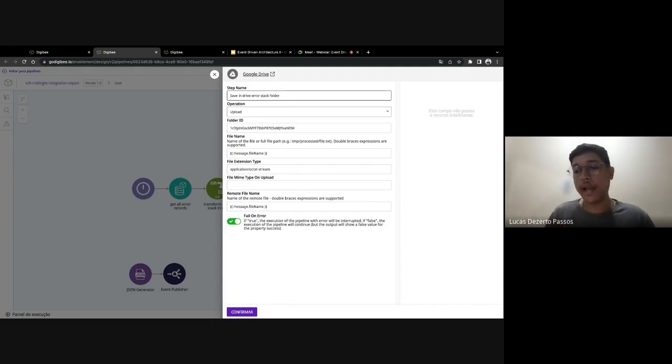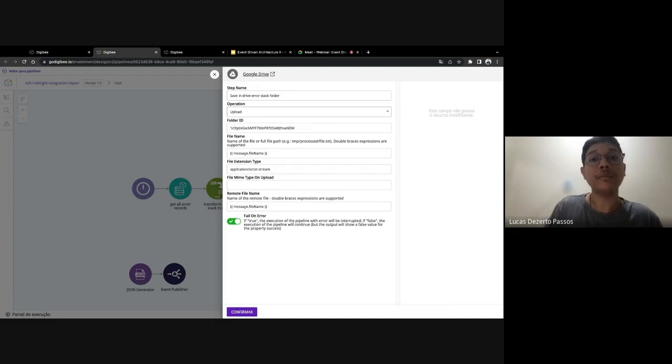So every time we get 3 attempts to process a record and it is not processed, it saves the file and we have to alert someone. Again, she can manually do this. She can download this spreadsheet and send it by email to the stakeholder, but she can use event-driven architecture to automate it.